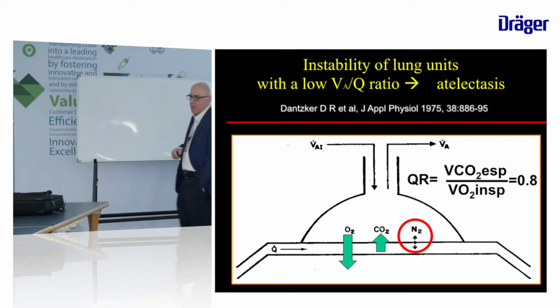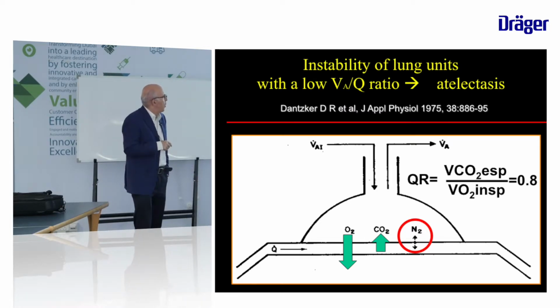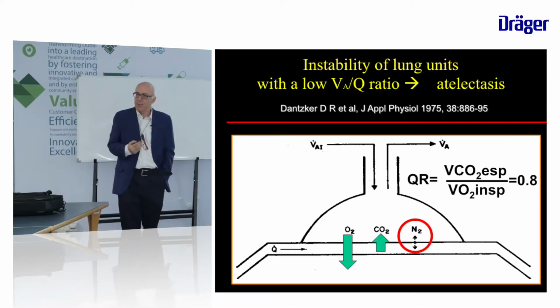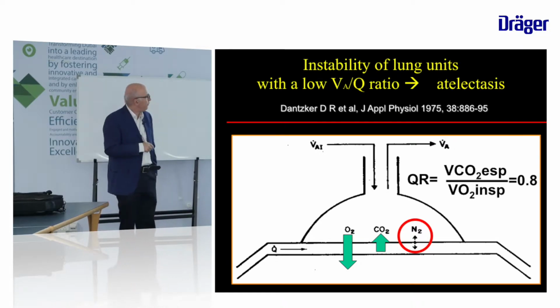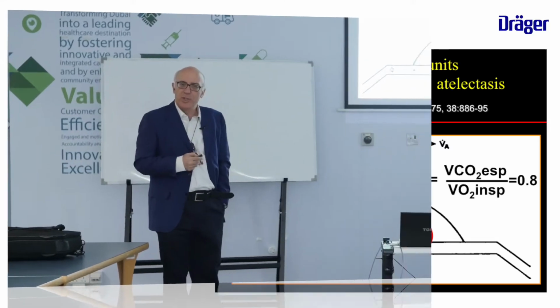Why that? Because the respiratory quotient is the ratio between VCO2 and VO2, and on average is 0.8. So this means that the absorption of oxygen is higher than the production of CO2. Why are the alveoli stable in normal condition? Because we have N2, which is a